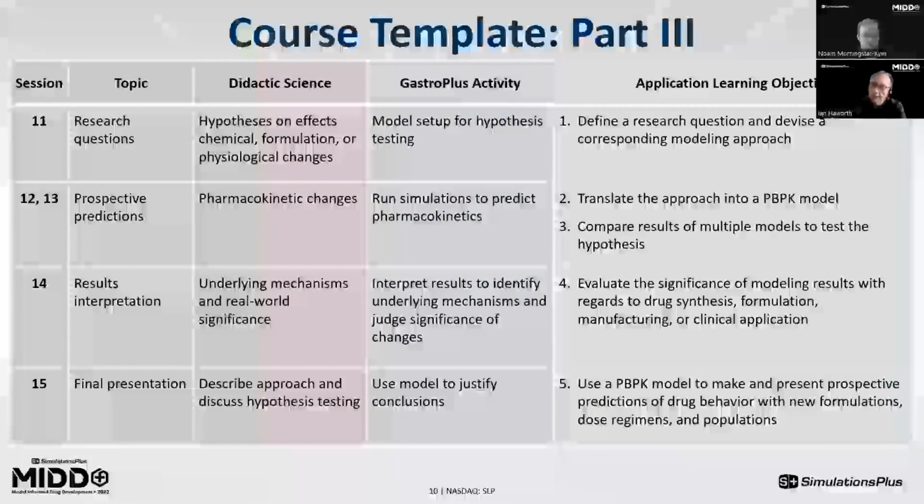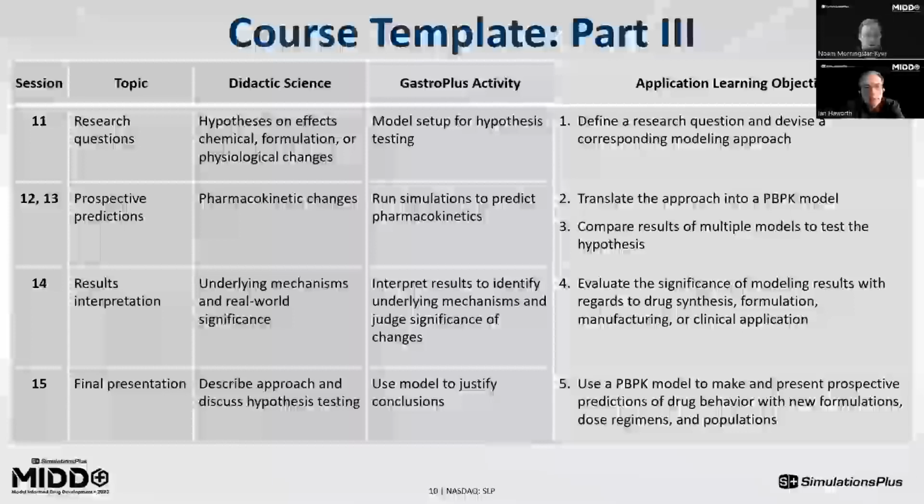Now, the first part of this is developing research questions. Of course, as scientists, we know how important it is to have a research question and a hypothesis we can test. However, it's also important to note that a key part of this is devising a modeling approach that actually can test that hypothesis and provide you with an answer. So tying in that question to how am I going to set this up in GastroPlus to be able to